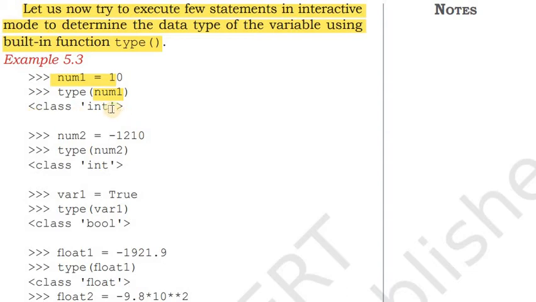Class int, single quoted, but it means it is treated as a string. Then num2 equal to minus 1210. Then you are calling the type function and passing num2, and class int. So what is the difference between both the programs? Here you are taking a positive integer, here a negative integer, and in both cases you are calling the type function.